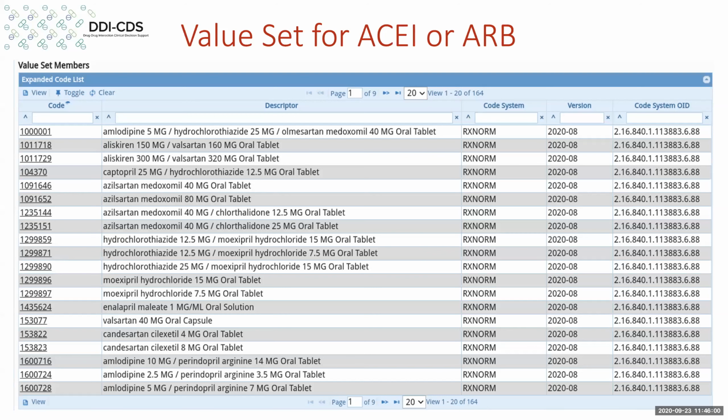We do not have an intensional value set for this, which would be a logical definition of how to arrive at these codes. So that means that some of these codes may go away over time as the terminologies advance. So that's just something to be aware of, but it does show the thinking that went into developing these codes and the set of codes that we agreed upon. Go ahead, next slide, please.